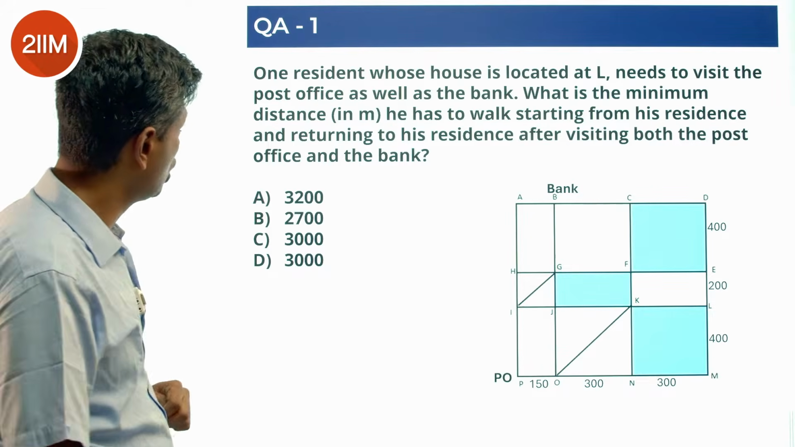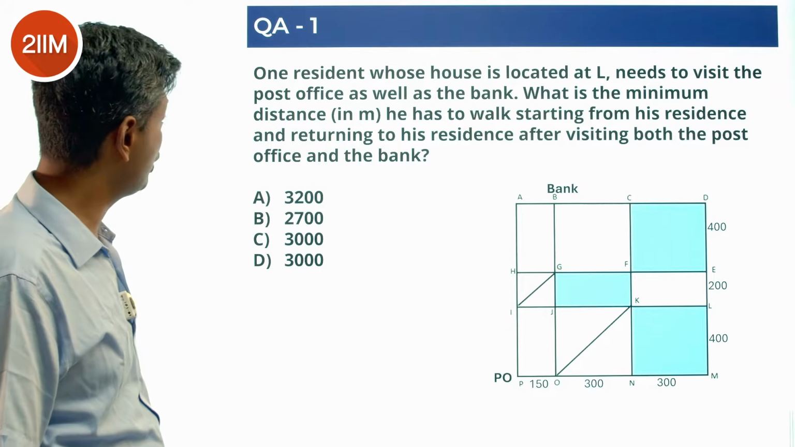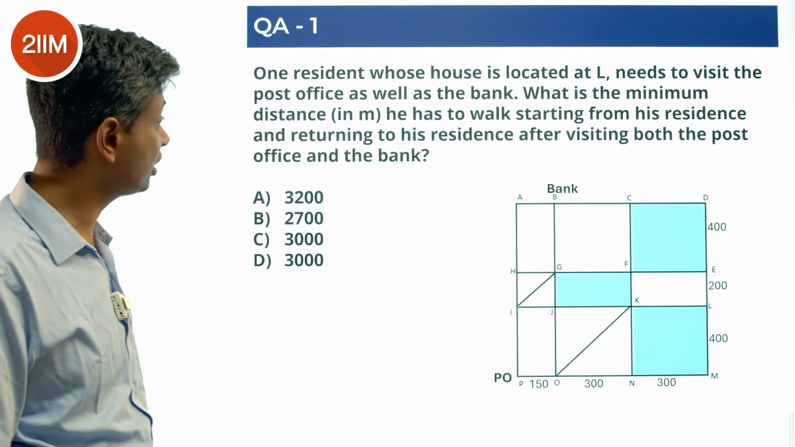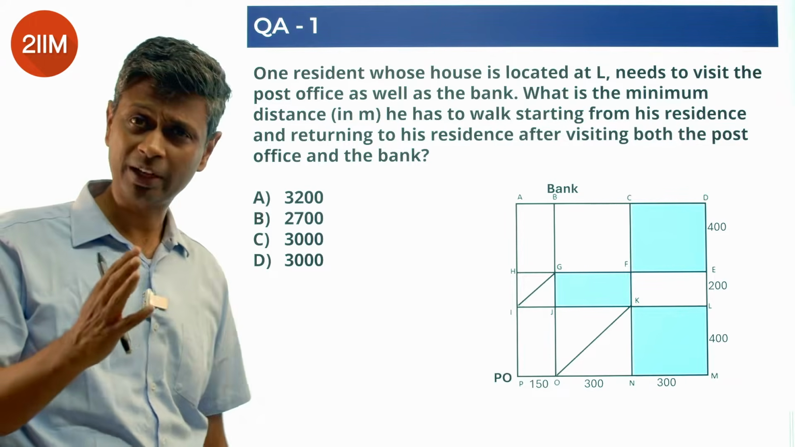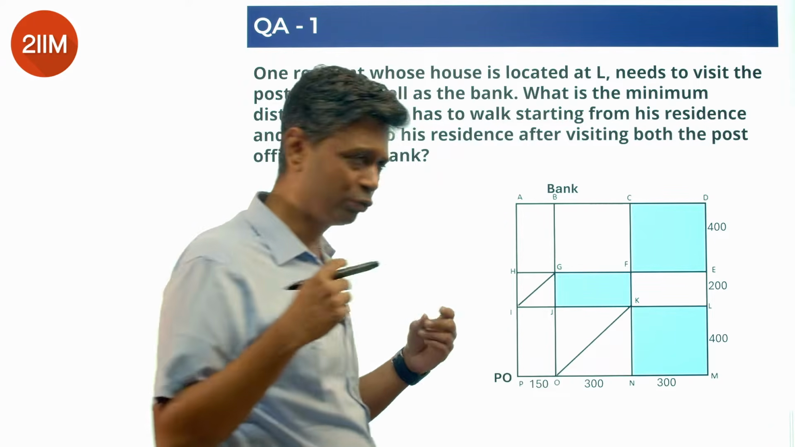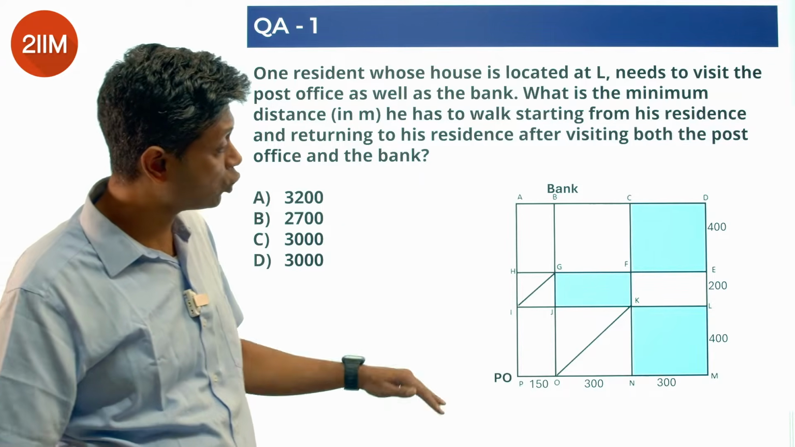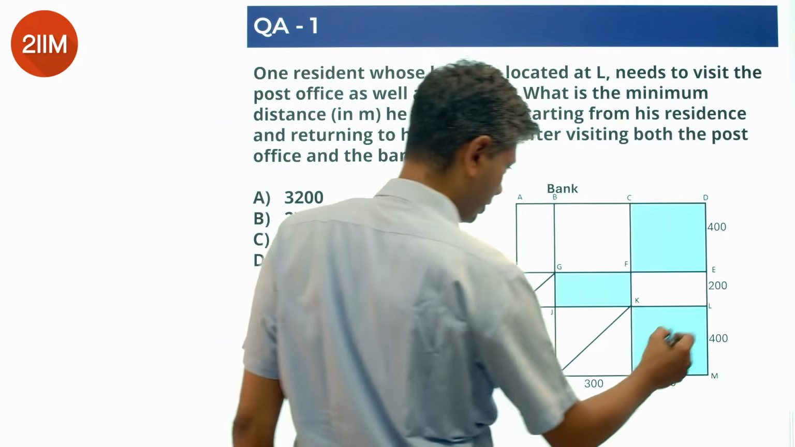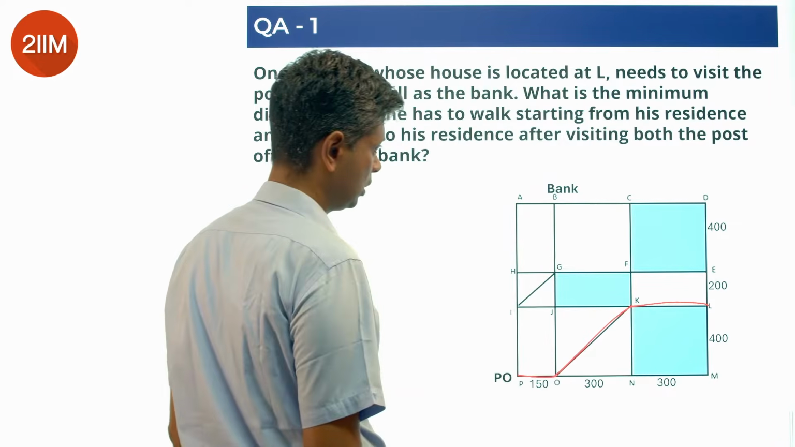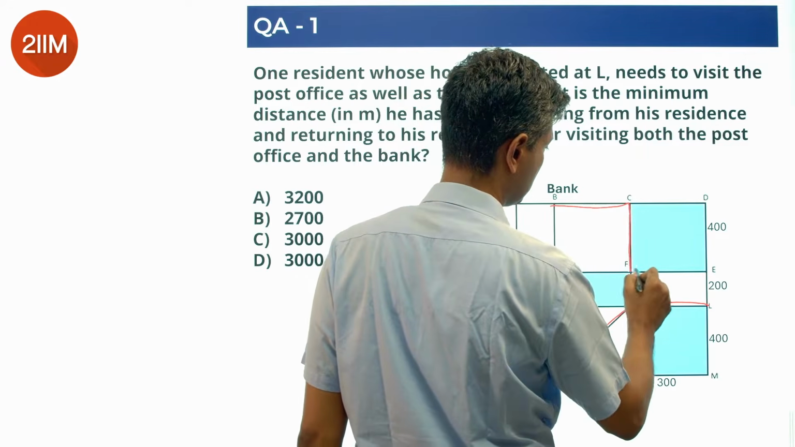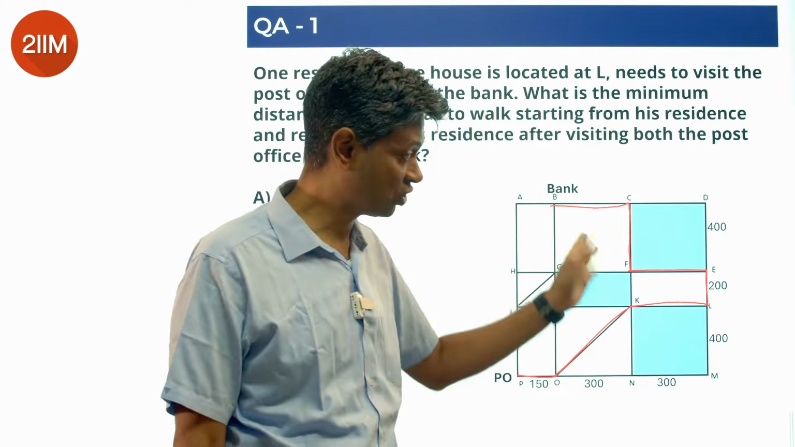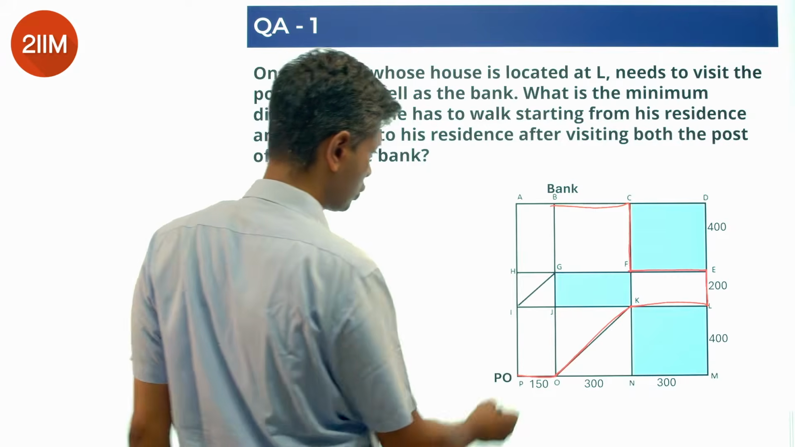One resident whose house is located at L needs to visit the post office as well as the bank. What is the minimum distance he has to walk starting from his residence and returning to his residence after visiting both post office and bank? So L to post office, L to bank, they have to feature in some form, and then post office to bank. There are no diagonal lines here. So bank to L is just this, and from post office to bank,